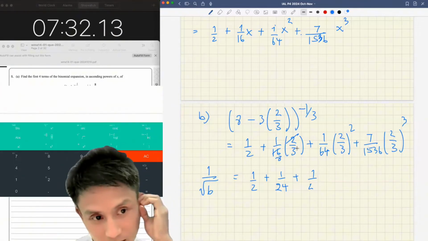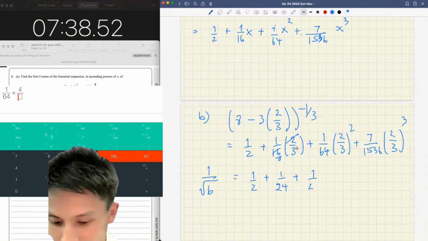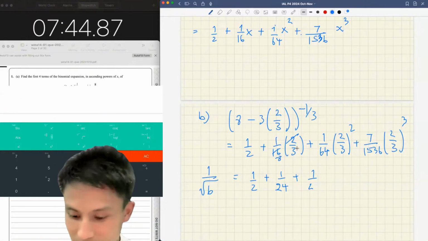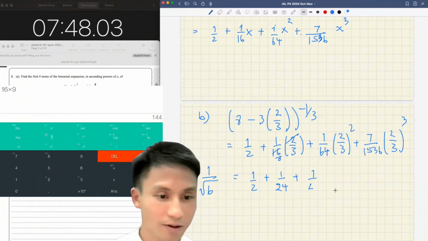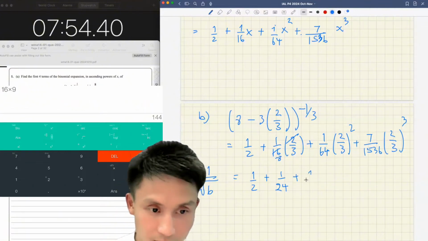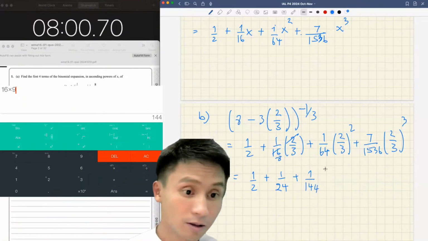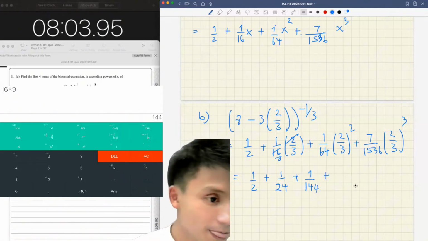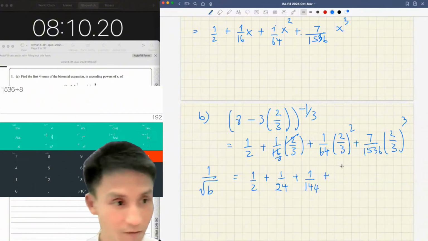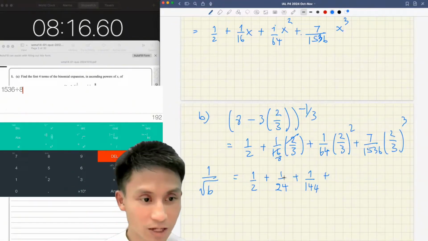Okay. I think I'm going to make it help me a bit on fractions here. 1/64 multiplied by 4 over 9. Yeah, that's bad. Okay, maybe not. So what was it just now? I got 16 times 9 at the bottom. So yeah, that's 16 times 9 at the bottom. Yeah, I get 1 over 144. Yep. Okay. And then plus the last one here. I think 1536 is divisible by 8 because we just got it from there. So yeah, if we cut the thing, we get,